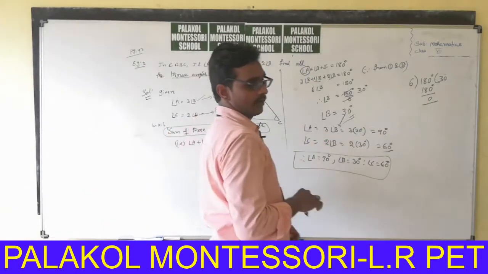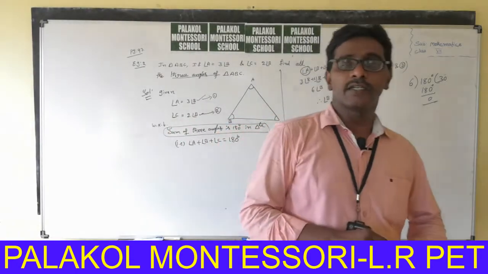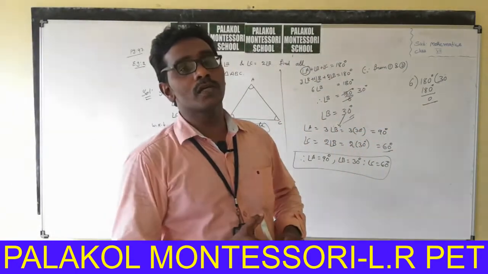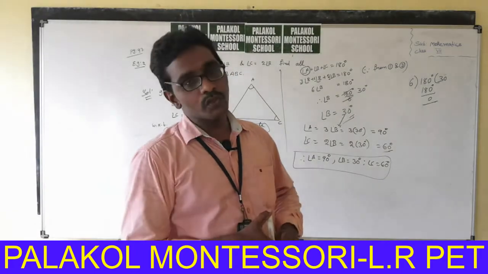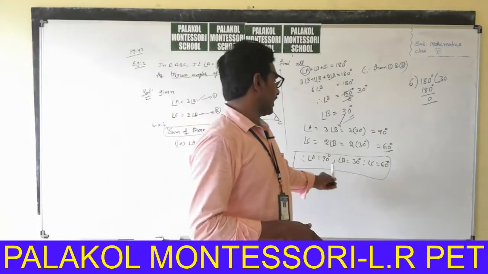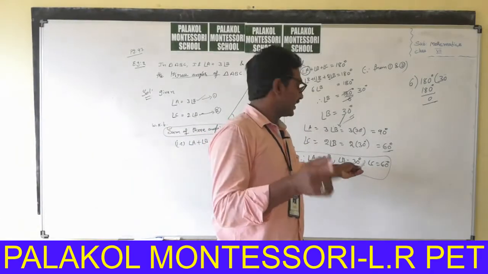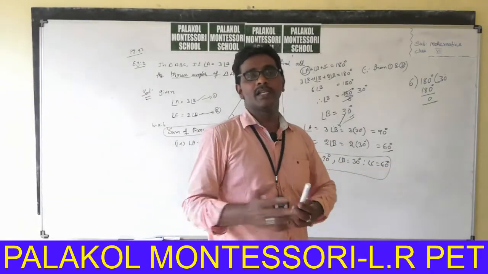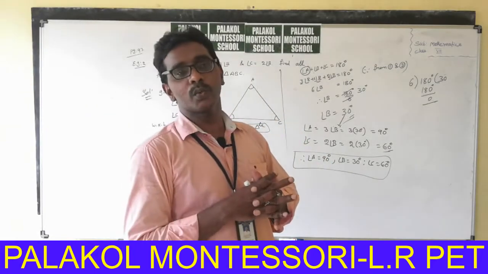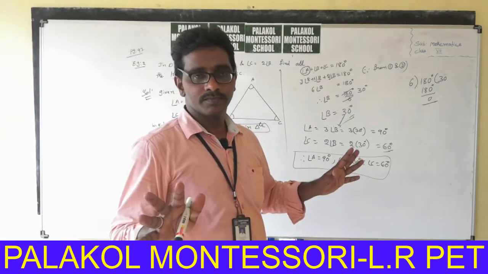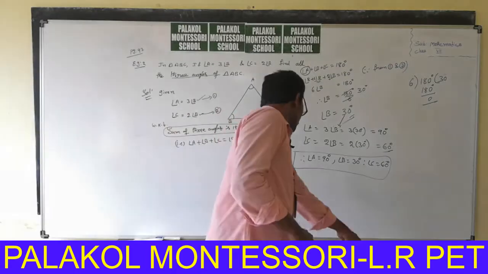If you have any doubt, immediately check it. You know the one good property: the sum of three angles is equal to 180 degrees. Check it. 90 plus 30 plus 60. 60 plus 30, 90. 90 plus 90, 180. So, the sum of the three angles is equal to 180, is clear. Okay? Now,